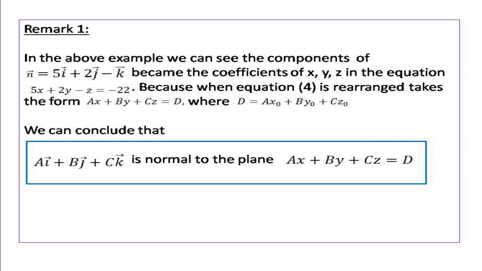That is, in the above example, we can see that the components of vector n equal to 5 vector i plus 2 vector j minus vector k became the coefficients of x, y, z in the equation 5x plus 2y minus z equal to minus 22, because the equation for the plane